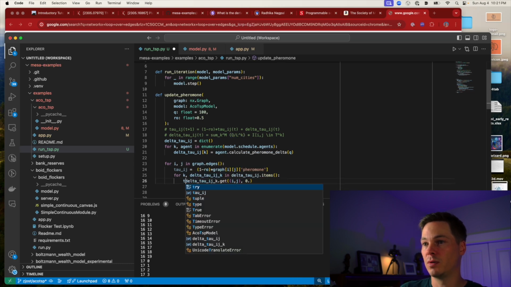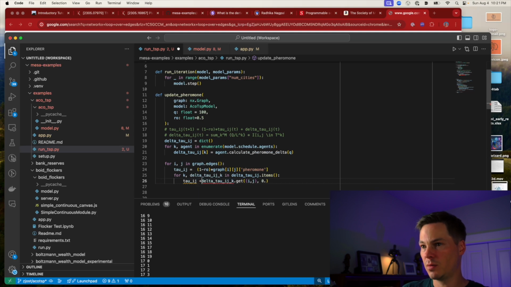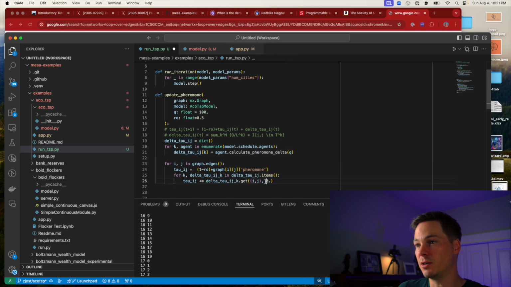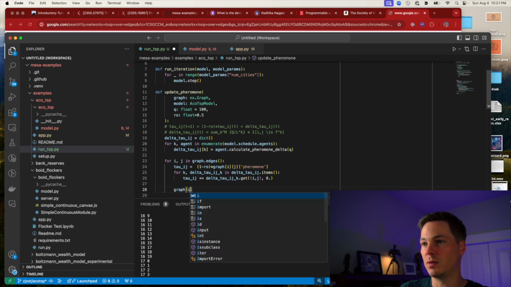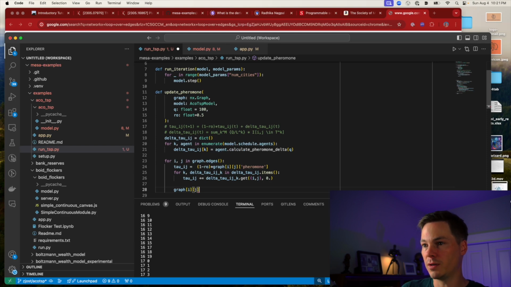So tau ij plus equals the value from the ants. And if it's not in that dictionary, we'll just add 0 to it, which does nothing. And then we can overwrite